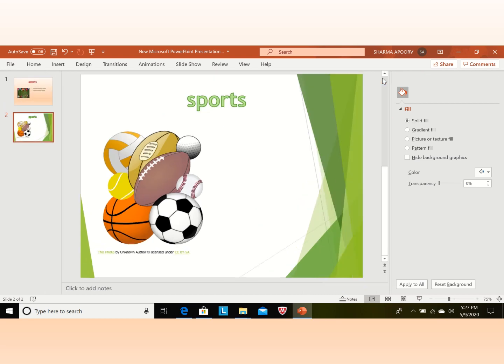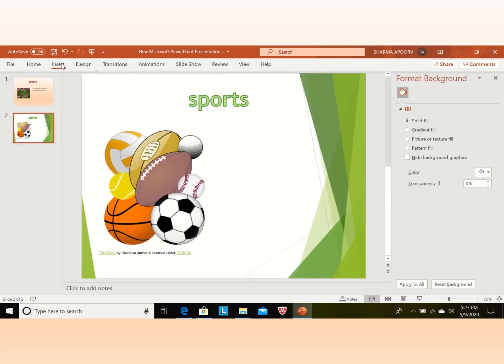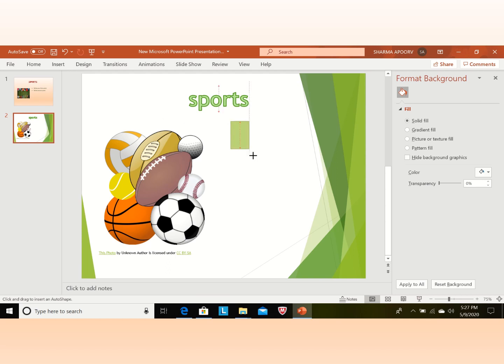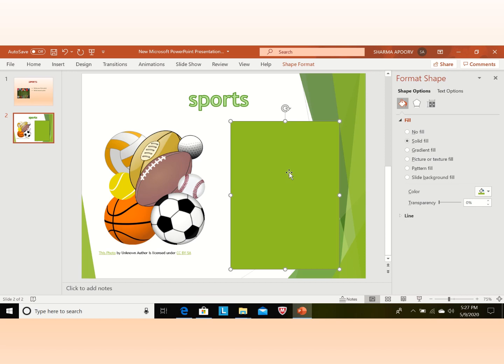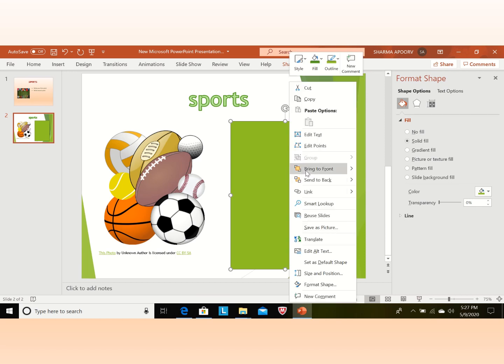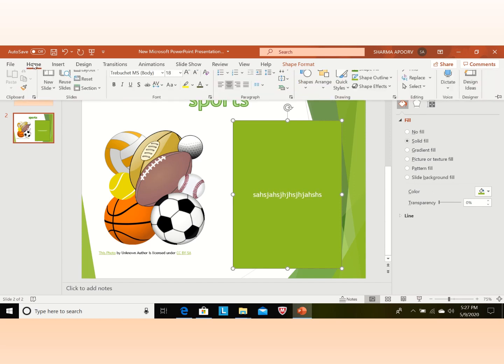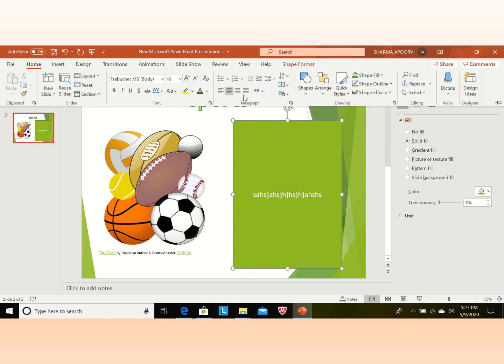Now I am again inserting this option, and if we click the right mouse button inside the picture, and click on this option, we can write inside the picture like this. You can add your text like this.